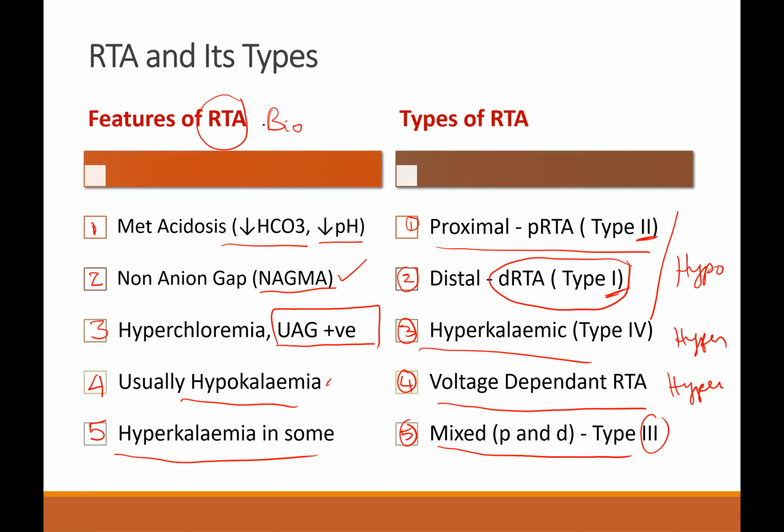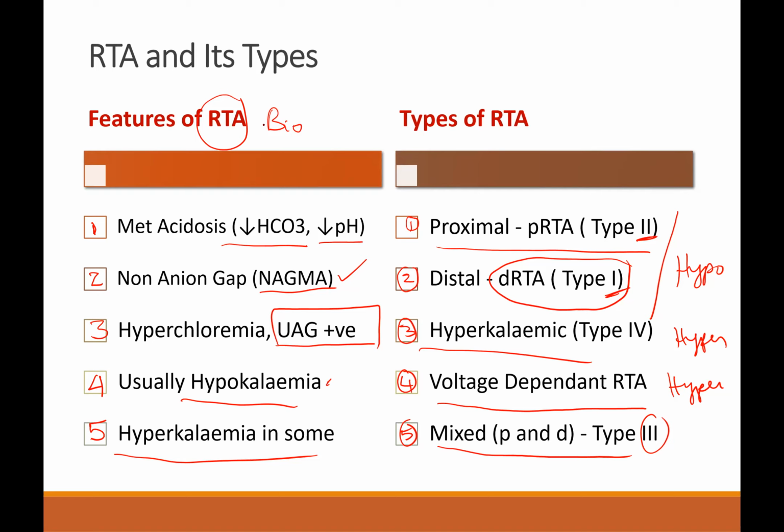What is urine anion gap? Urine sodium plus urine potassium minus urine chloride. What is anion gap in the plasma? Sodium minus bicarbonate plus chloride. Here chloride is the same. Bicarbonate is missing here. Why? Because there is not much bicarbonate in the urine. Why is potassium added? Potassium is an important cation constituent of the urine, so an extra cation is added along with sodium. One anion, bicarbonate, is removed because bicarbonate is not an important constituent of the urine.